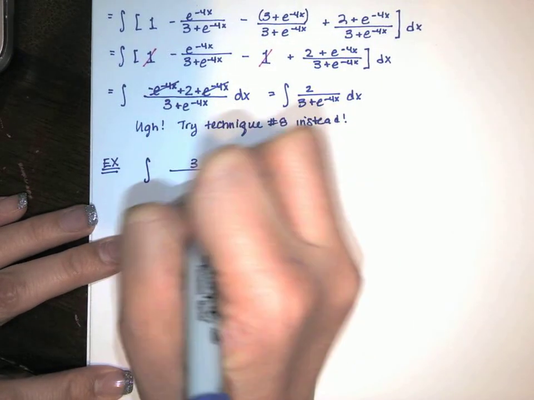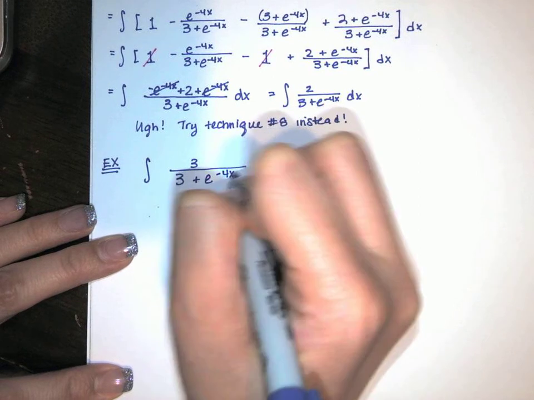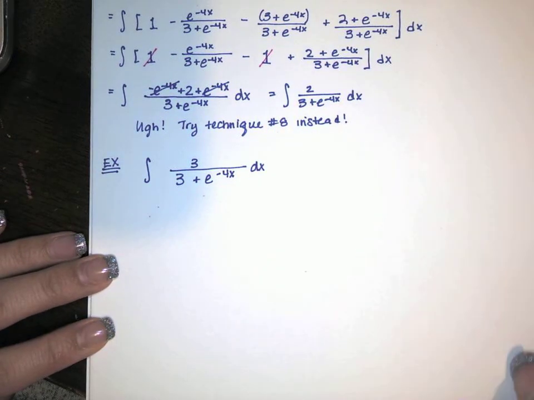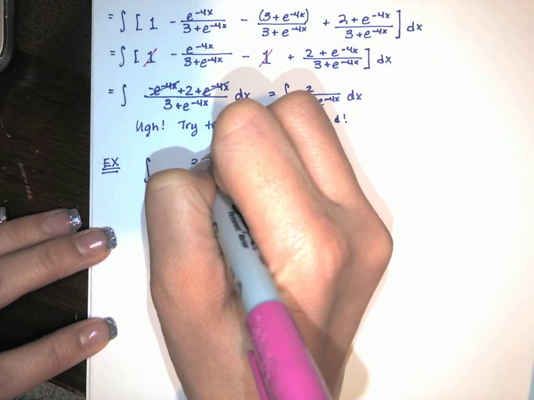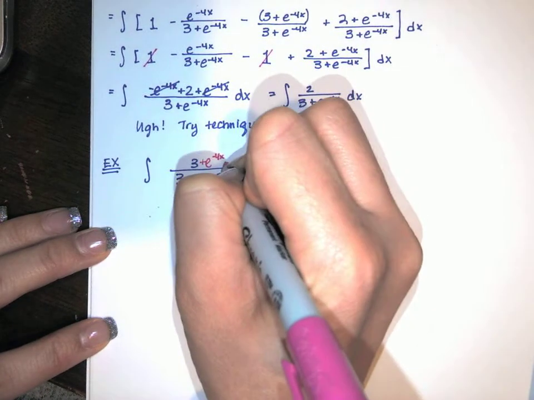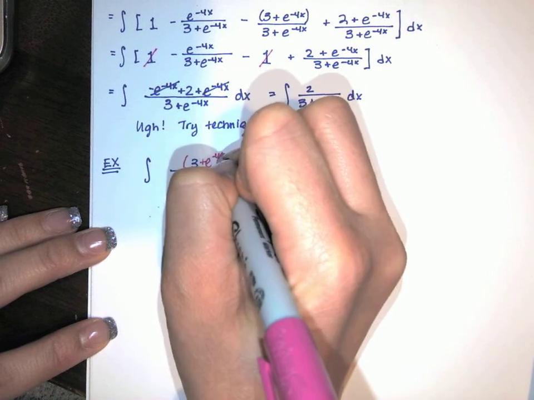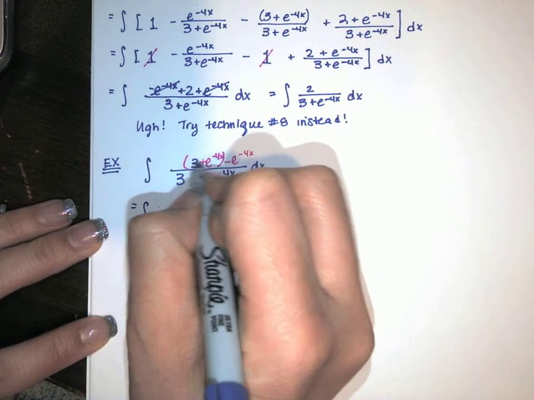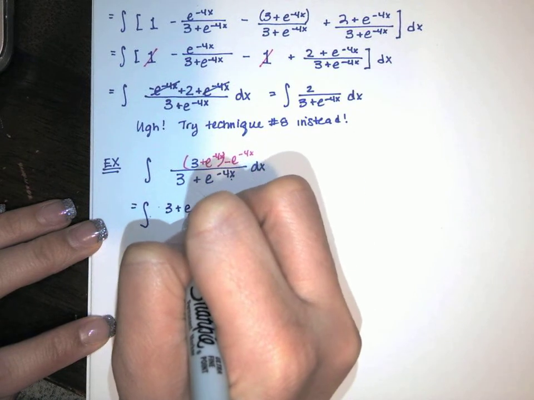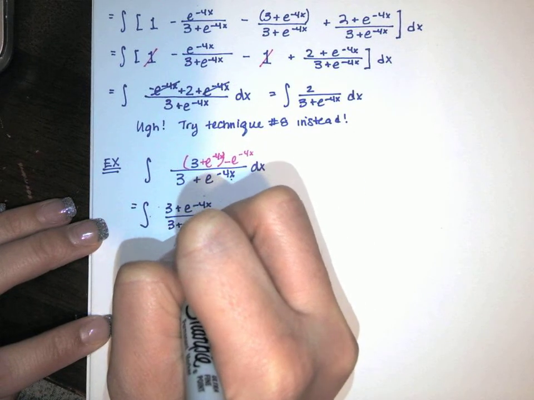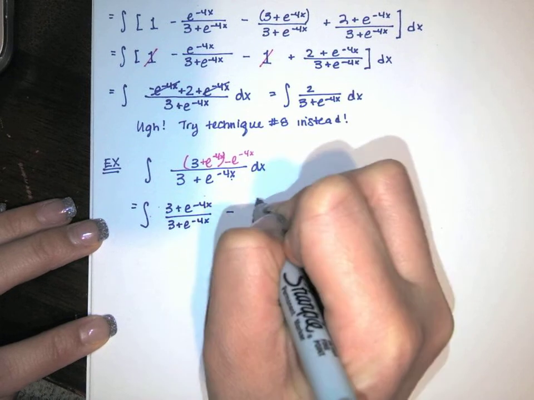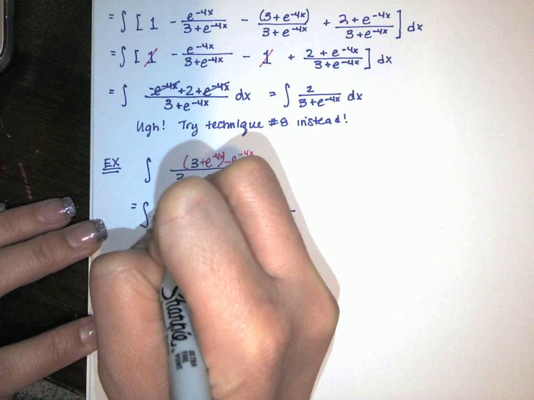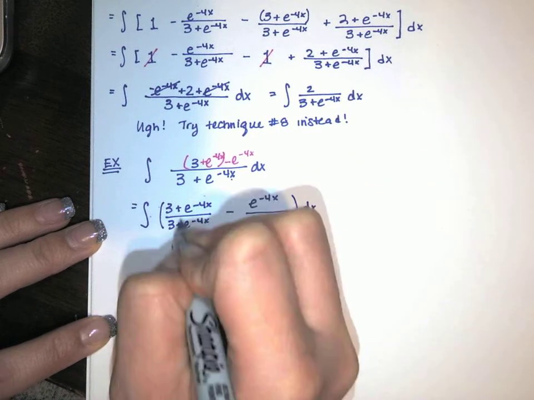So let's say we've got 3 over 3 plus e to the negative 4x dx. The u sub that we talked about before doesn't work. But if I add e to the negative 4x and I subtract e to the negative 4x and group like this, it's going to work. We'll have this divided by itself, minus that exponential divided by this, and check it out, that's just a 1,